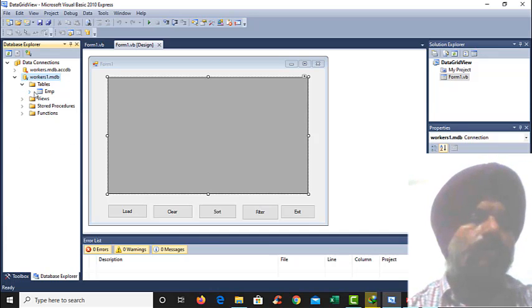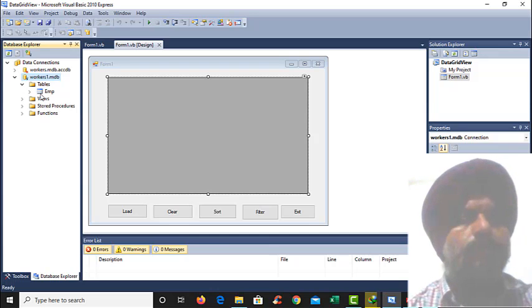One thing to note here: our database can have one or more than one table. For example, we are taking one table, but if we have more than one table, we can easily manage those tables by just referencing their names in the coding. We will see how we can refer to the name of the table.